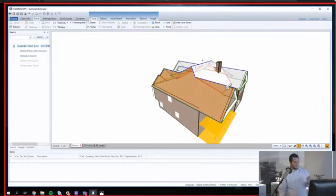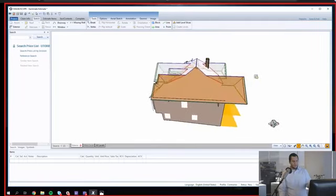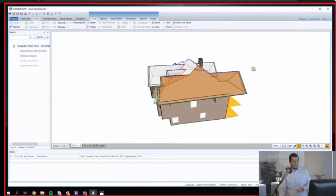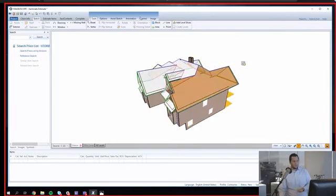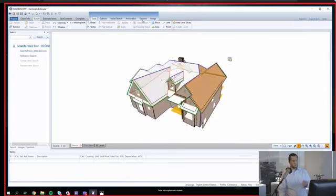All right. So moving right along, we have our Geomni property data package. But you may have noticed something interesting about my sketch screen, and that is that I have two new tabs here. These tabs are actually going to be the new tools that we've built into Xactimate. So to just show you the pure power of these tools, I'm going to go ahead and select the Geomni